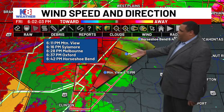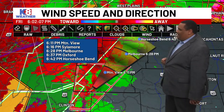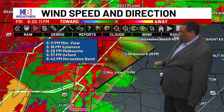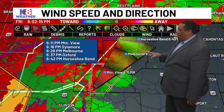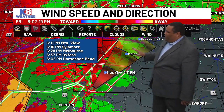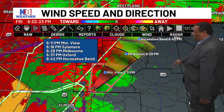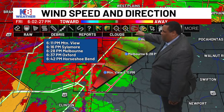If this holds together, it moves into Izard County, and this moves towards Melbourne at 6:28, 6:37 in Oxford, and 6:42, if this holds together, it makes it up to Horseshoe Bend in northern parts of Izard County. No tornado warning for Melbourne and Oxford and Horseshoe Bend, but we still have the area of rotation, that tornado warning down to the south for Stone County, with this area of rotation that continues to